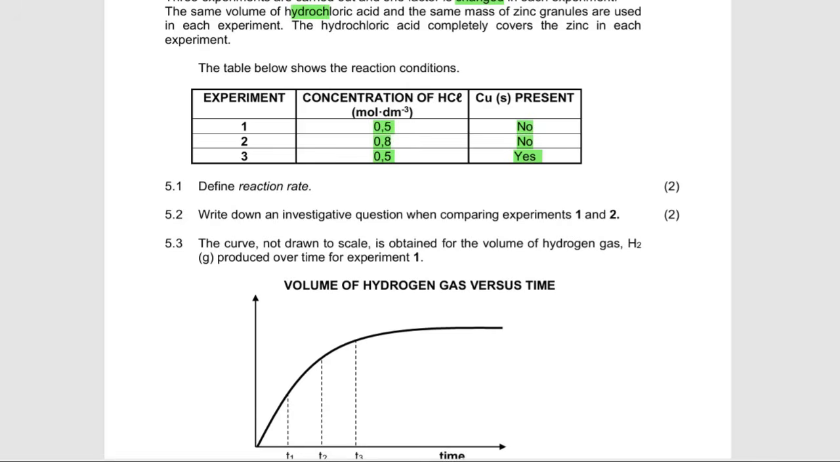Now we are asked to define the term reaction rate. This is the change in concentration of reactants or products per unit time. So it's going to be the change in concentration of reactants or products per unit time. So it's important for us to consult the exam guidelines when it comes to our definition of